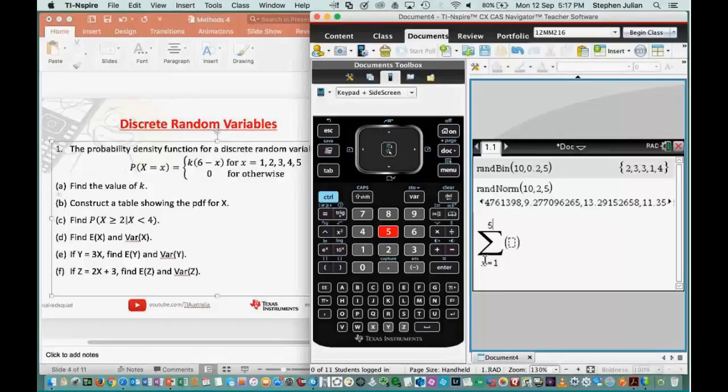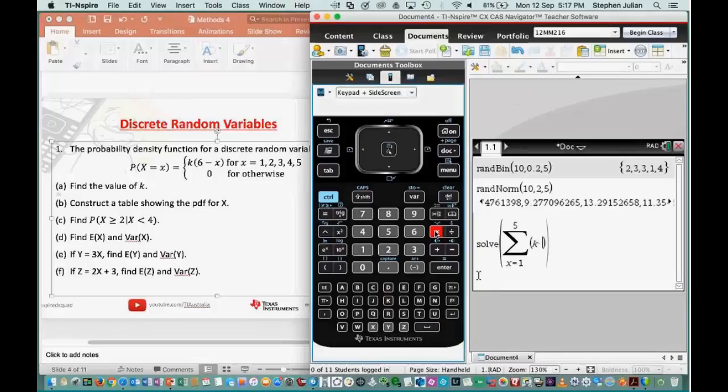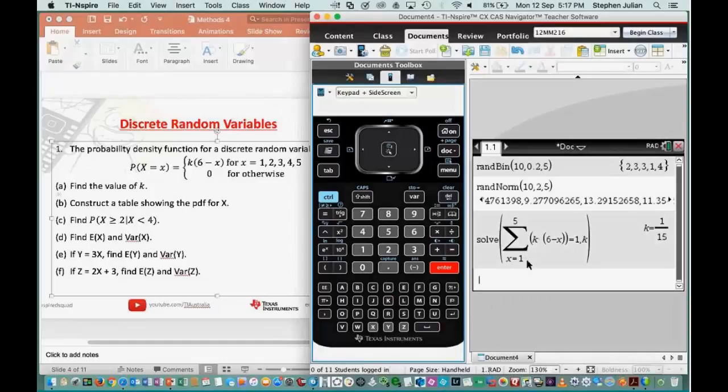and 5, and actually, sorry, I should have put a solve in front of all that, would be a good idea. So solve, and then we're going to look at k multiplied by 6 take x, and we're going to say that that sum is going to equal 1. Okay, and again, I think that should be just outside my bracket. So equals 1, and then we're solving for k. So saying that all our values sum up to 1 for k, let's see, drum roll, and we get k equals 1 over 15. So that very clever person, and hopefully all the other participants, were also able to get